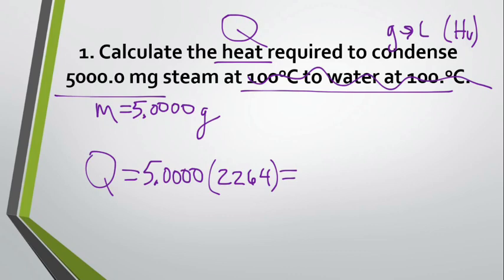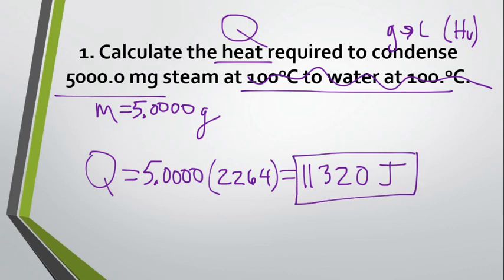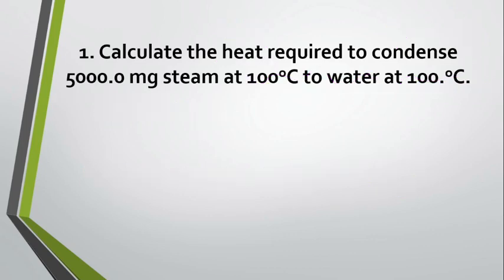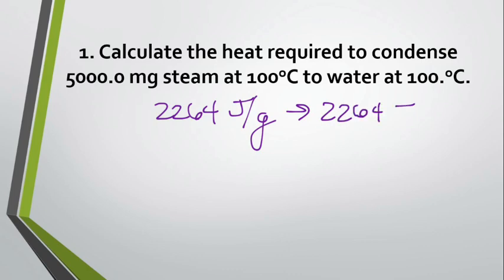2264, multiply that together, we get 11320. And this energy, this heat, is measured in joules. So that's my answer. Now, technically, we can use these HVs, heats of vaporization and heats of fusion, as conversion factors. That 2264 joules per gram is telling us that there's 2264 joules that's required to make 1 gram of